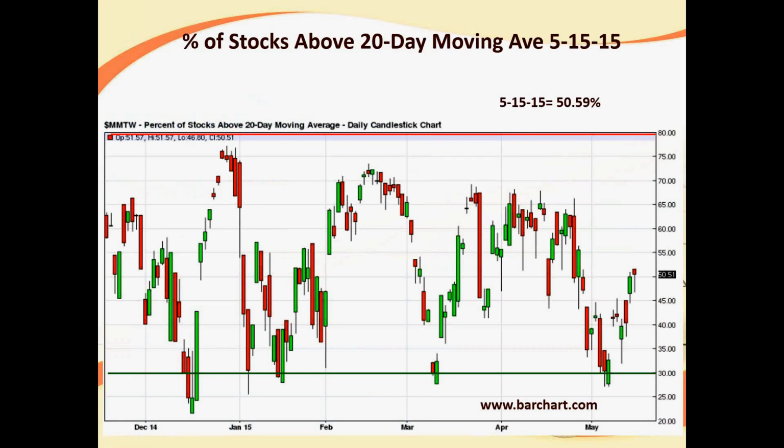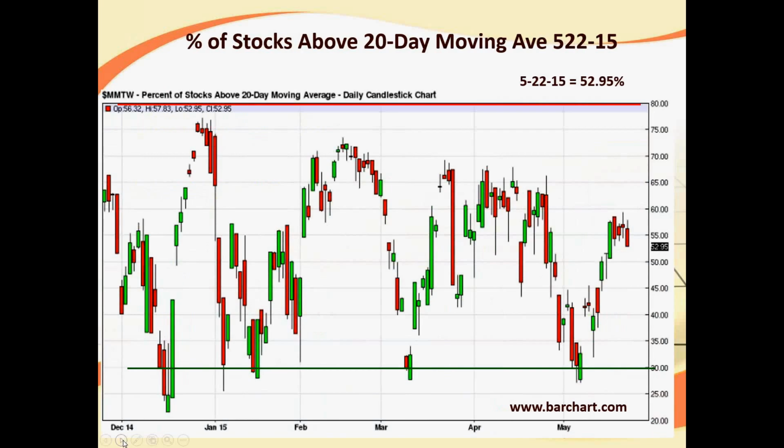Here is the percentage of stocks above the 20-day moving average. Here's where we were last week. We were up about 50.59. We had a nice bounce the week previously. And down here at the reversal area, we bounced higher. Today, as we come into our session today, I highlighted this in one of our